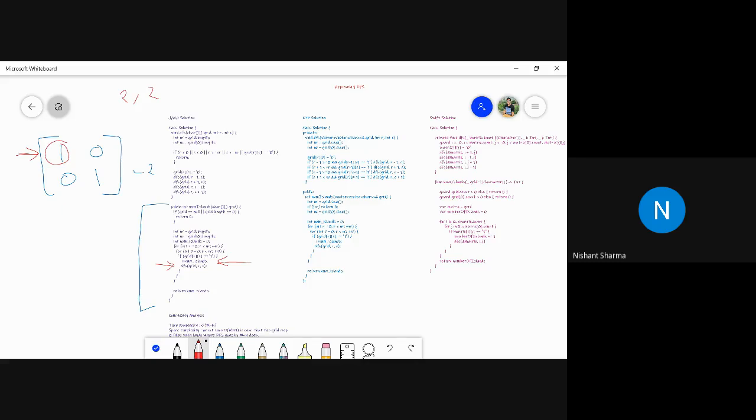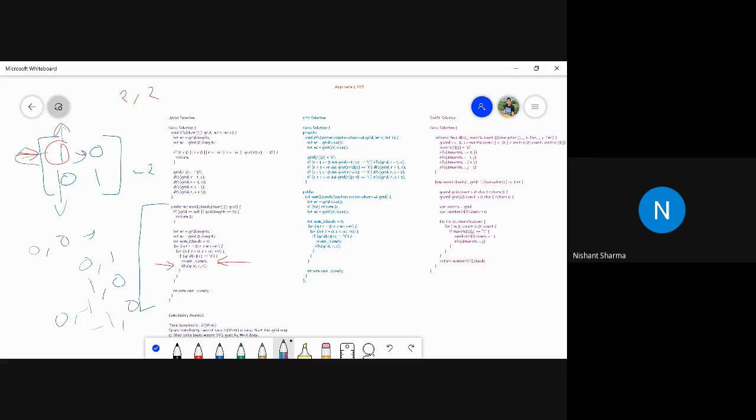So now I need to check 4 directions: 1, 2, 3, and 4. For the 0, 0 position, I need to check 0, 1, then 1, 0, then -1, 0, and 0, -1.